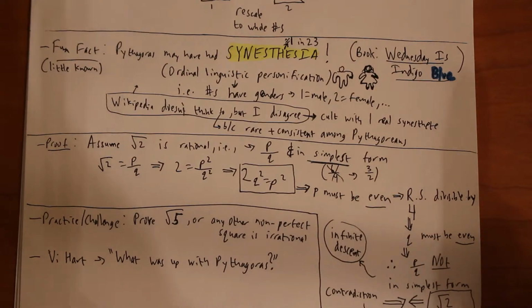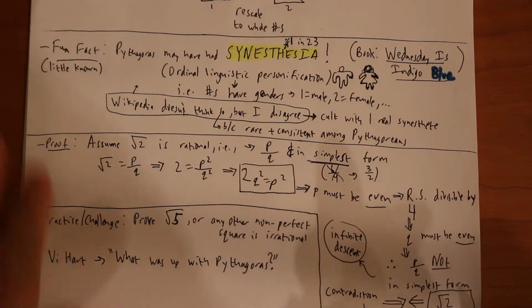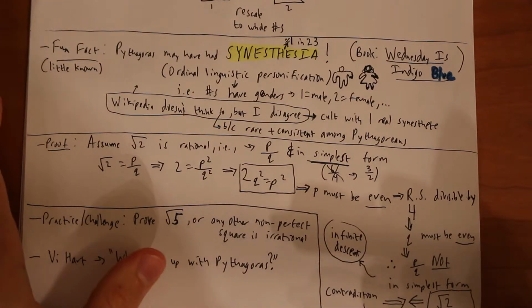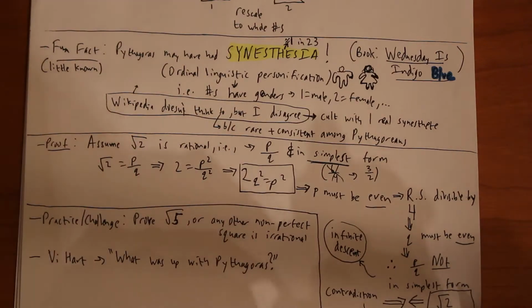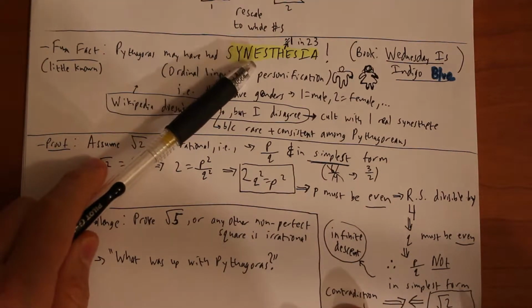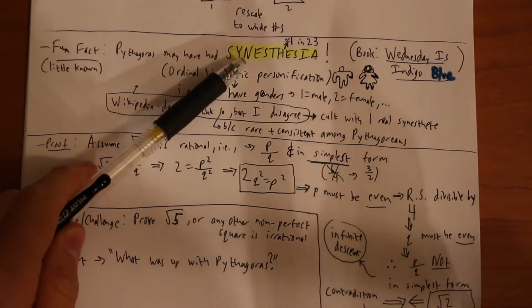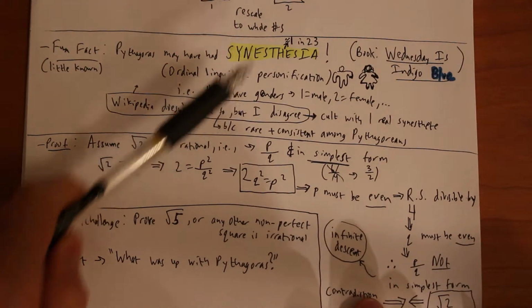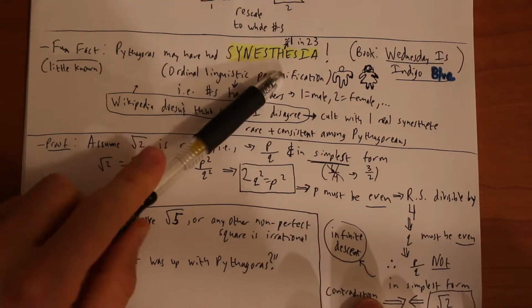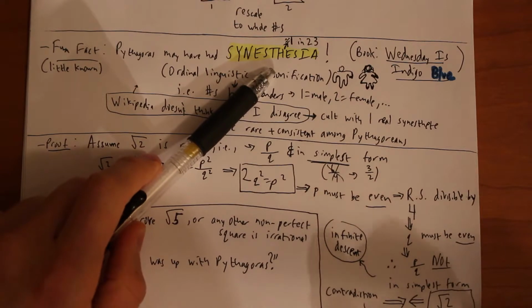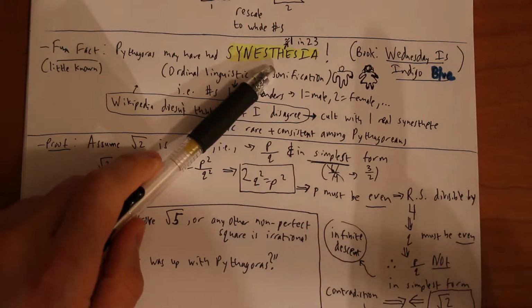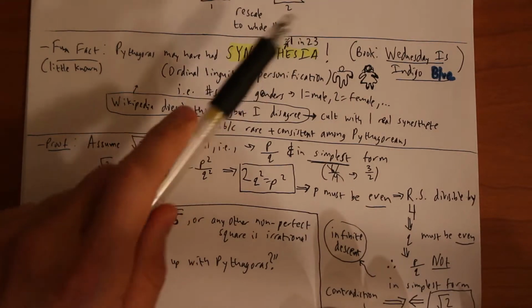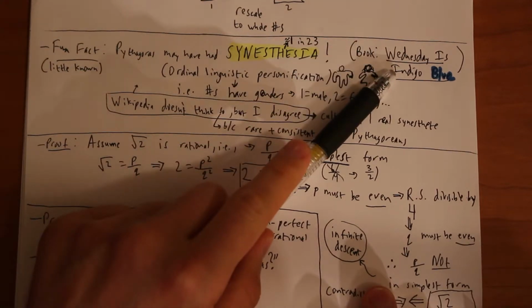So for example, you might hear a sound and see a color, or you may see a color and hear a sound. Maybe when you touch something, you feel a taste on your tongue. It can be all sorts of weird things. I say weird as in unusual, not in the sense that there's something bad about it. You may have heard a lot of famous music composers or writers had synesthesia. If you're really interested in this, I highly recommend this book.